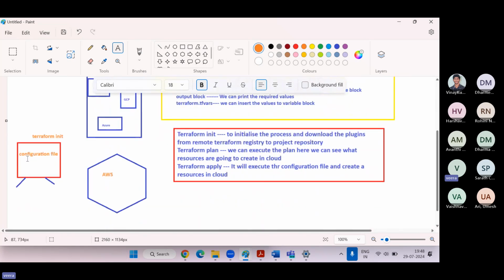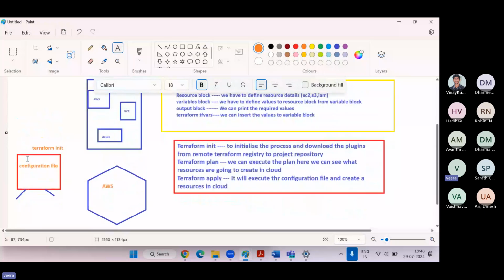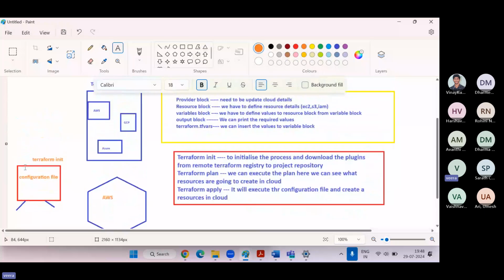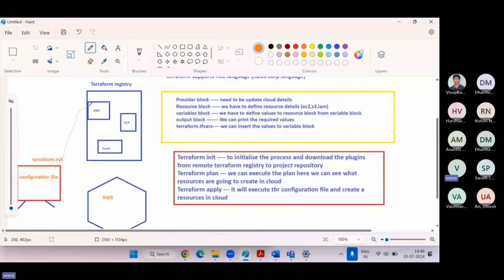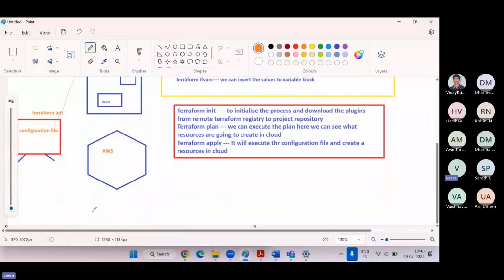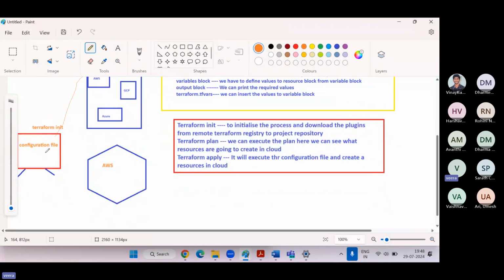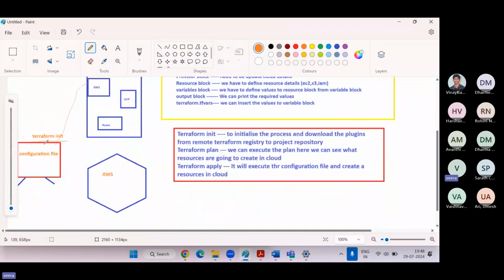So when you run Terraform init, in this configuration file we have a provider block, right? In this provider block, we have to specify which cloud plugins are required, and update the cloud details. Here I'm going to create an AWS instance. Based on the provider block, when you run Terraform init, the request will go to the Terraform registry and download the AWS plugins.